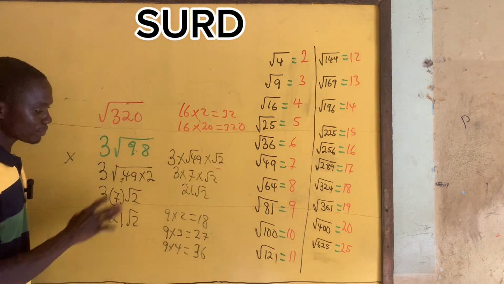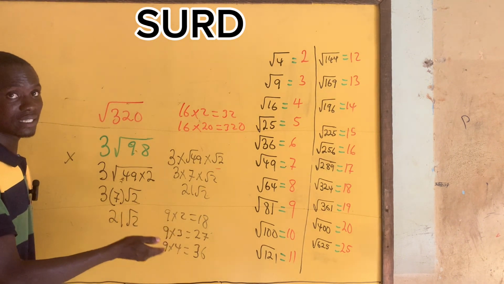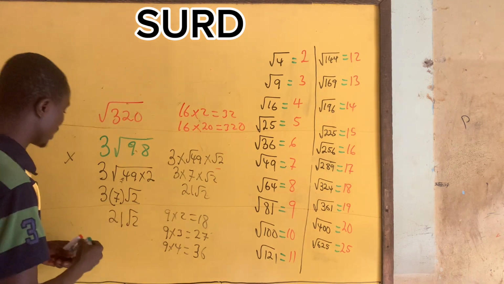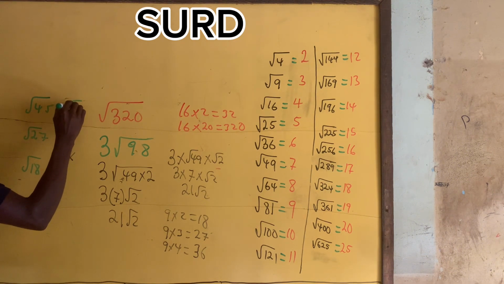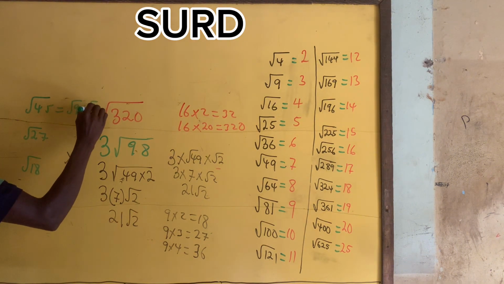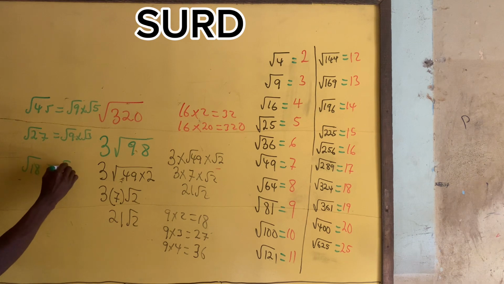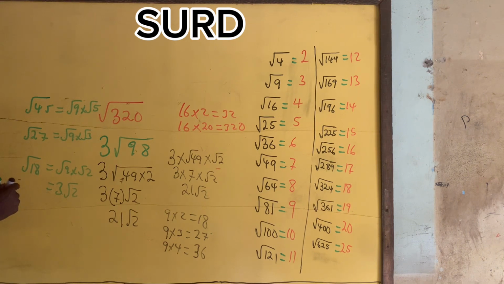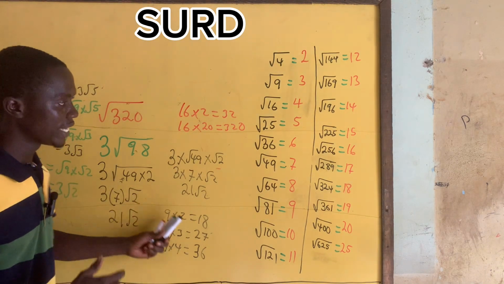Okay, so you see that I know multiples of 9. 9 times 2 is 18. 9 times 3 is 27. 9 times 4 is 36. 9 times 5 is 45. So if you give me square root of 45, square root of 27, or square root of 18, I know that I'm going to break this one as root 9 times root 5, this one as root 9 times root 3, and this one as root 9 times root 2. This gives 3 root 2, this gives 3 root 3, and this gives 3 root 5. So learn this and